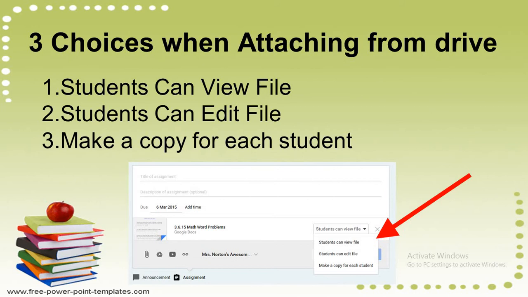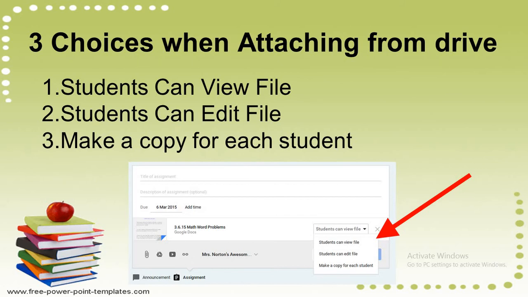Choices when attaching from a drive. Now there is one option when you attach a file from the drive. Options are given: student can view file, student can edit file, make a copy for each student. If you choose student can view file, the student can only view.